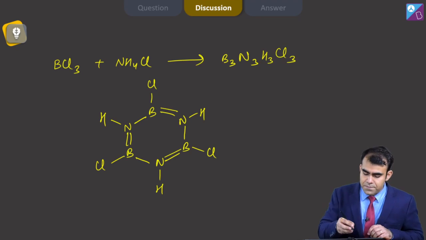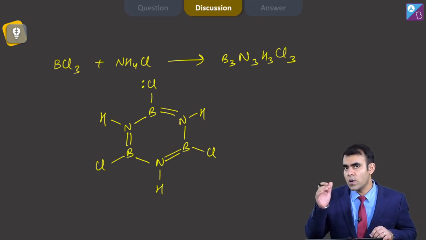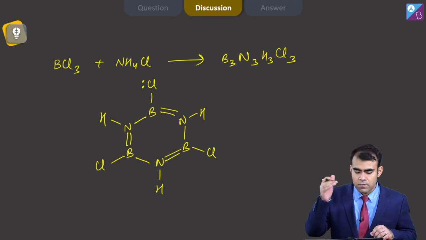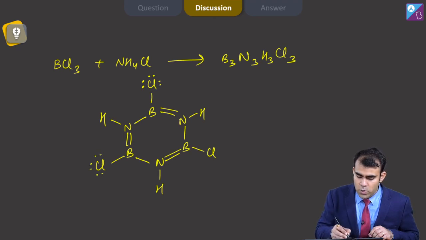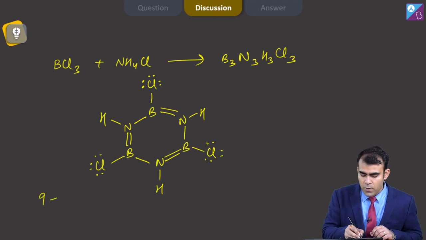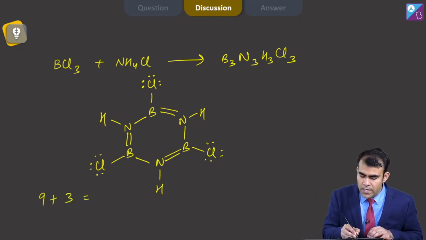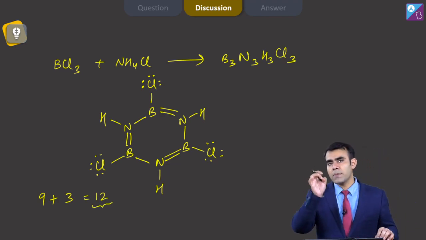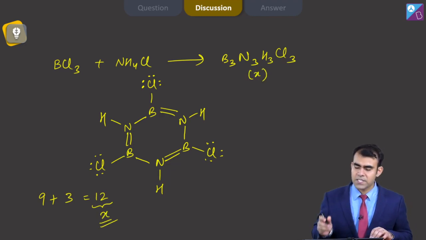Now here, nitrogen does not contain any lone pair because the only single lone pair that it has been provided to boron, but my chlorine atoms contain 3 lone pairs. So 3 lone pairs are present on each chlorine. So total 9 lone pairs from chlorine atoms, and the total number of pi bonds here is 3. So we have 12 as the sum of pi bonds and lone pairs in compound X, because this compound is represented as X.